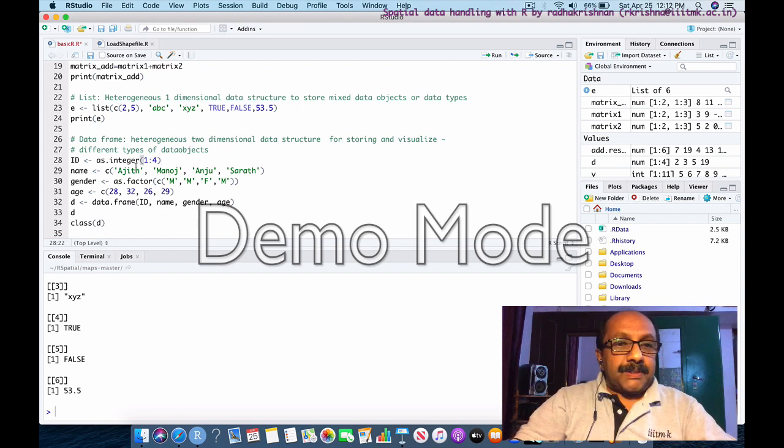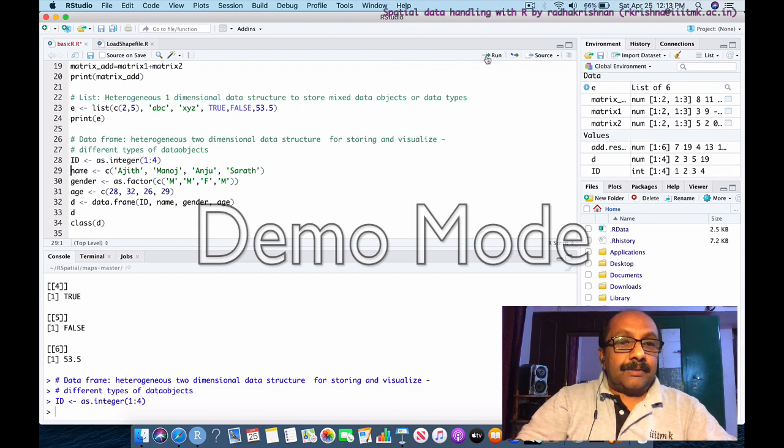So for demo purposes, I am going to store numbers 1 to 4 as integer. I am using this function, enforcing that this should be saved as an integer, and it is stored in a variable called id. Remember, there are 4 items, 1 to 4. Next I am going to combine 4 text string names.